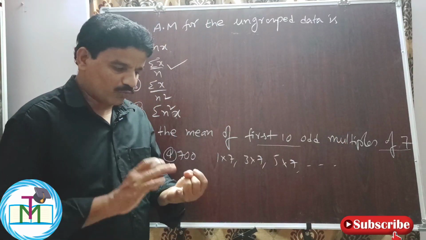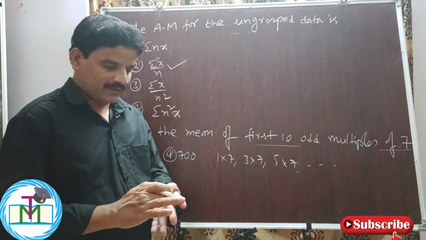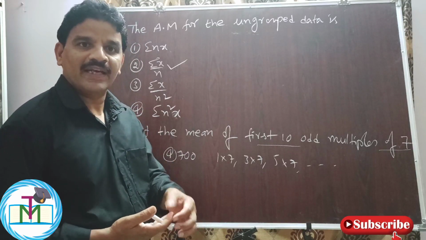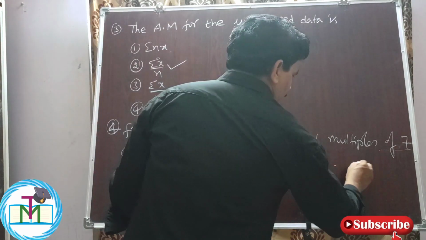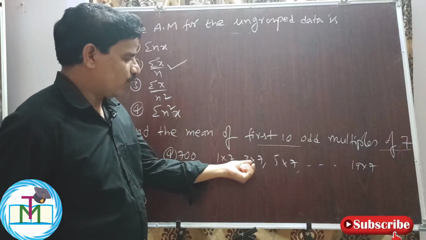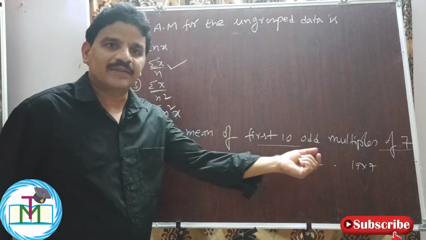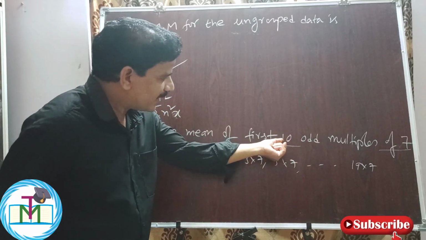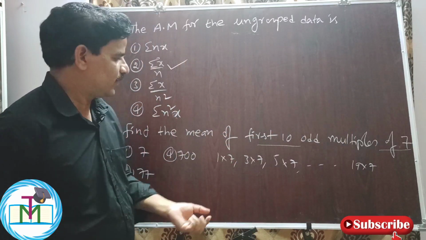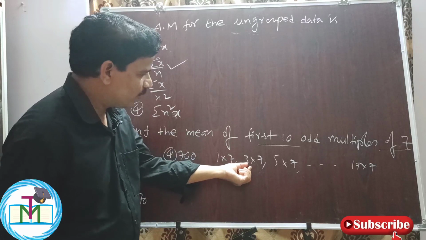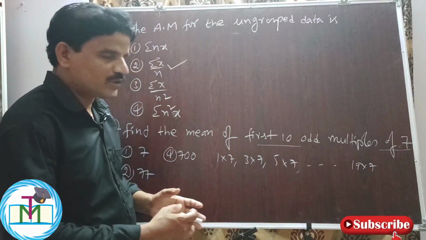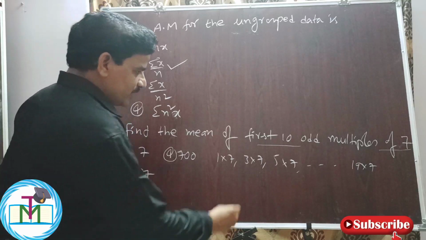So see here, the 10 are 1, 3, 5, 7, 9, 11, 13, 15, 17 and 19. So 19 into 7, which means 7, 21, 35 and so on. Therefore the first 10 odd multiples of 7: 7 should be multiplied with odd numbers. So here 1 into 7, 3 into 7, 5 into 7, 7 into 7 and so on, 19 into 7 are our first 10 odd multiples of 7, for which we want